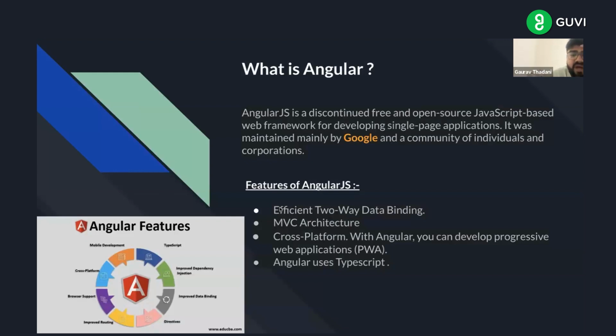These two are very important features which keep it alive. Like suppose I'm living, the reasons for my existence are these two things: the MVC architecture and the efficient two-way data binding. And the next important feature of AngularJS is TypeScript usability. TypeScript and JavaScript are almost the same, but TypeScript gives you